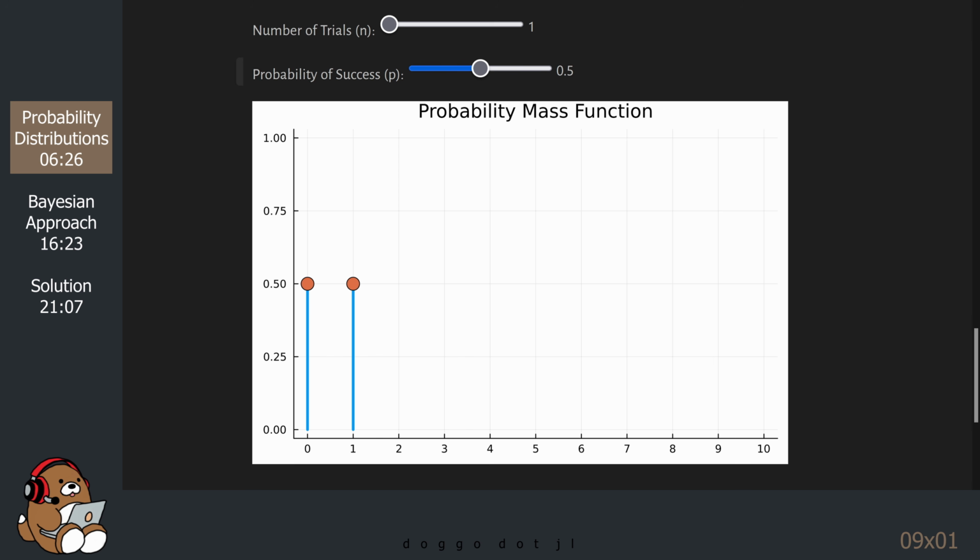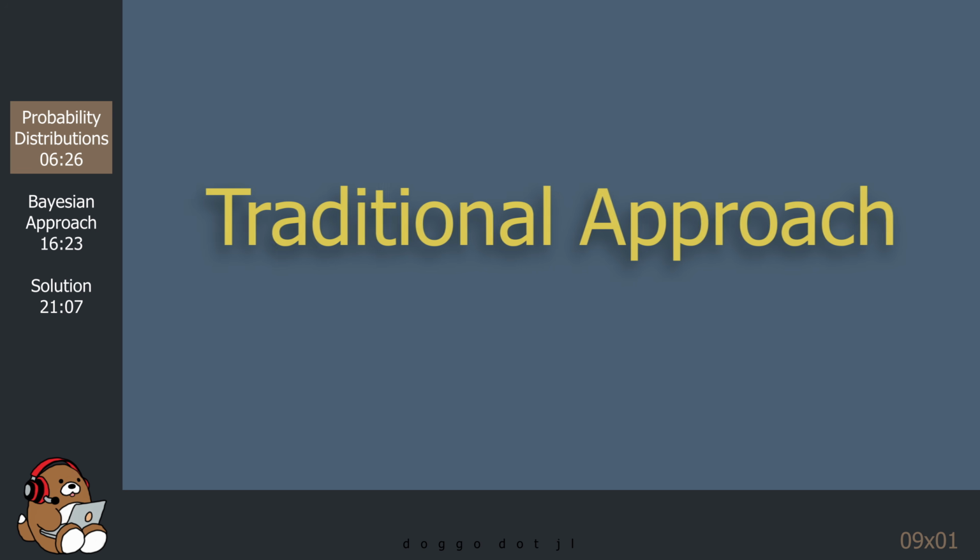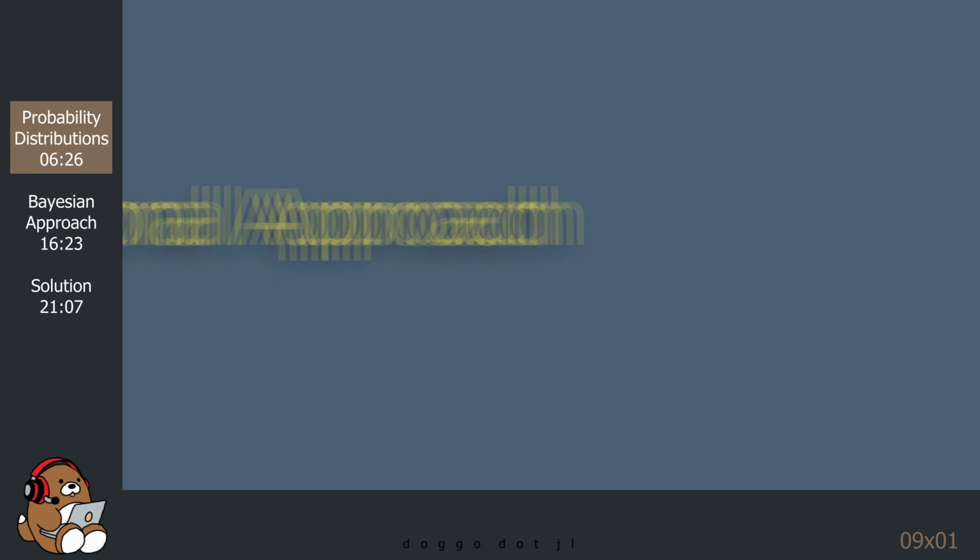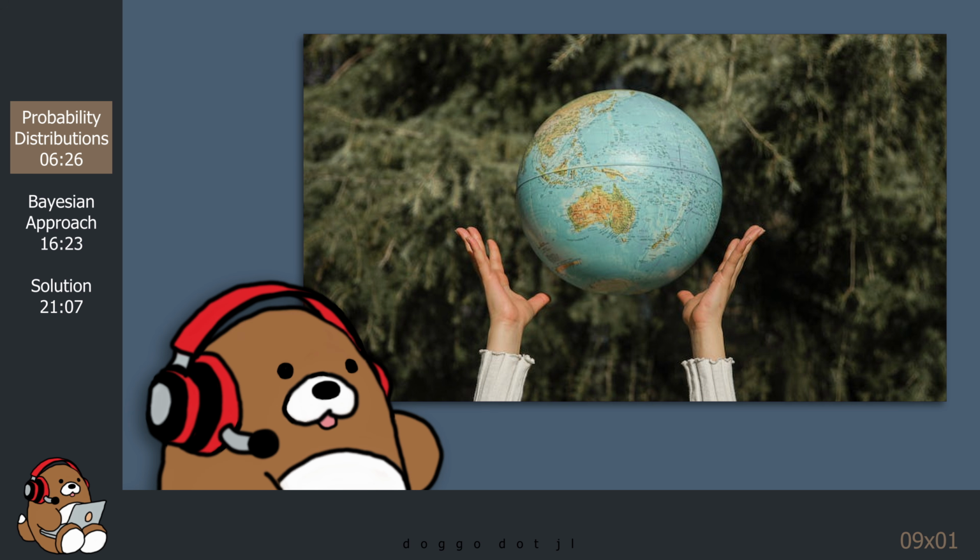Okay, now that we're familiar with a few distribution curves, let's try to tackle the actual problem. Take a globe and toss it in the air. When you catch the globe, place your finger randomly on the surface. And then, record if your finger is pointing to water or to land. If you toss the globe 9 times, how many times will your finger point to water?